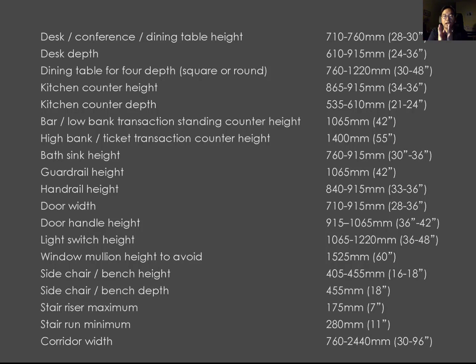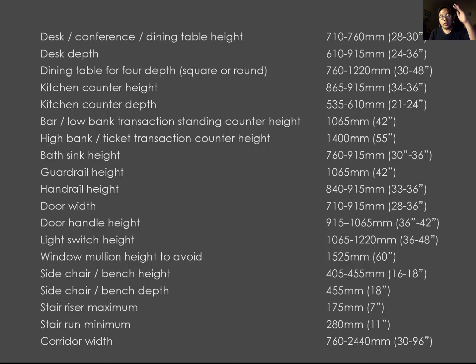These dimensions actually come from the anthropometric data and consideration of this clear space. For example, you can see the door width and door height. They come from the minimum clear height and minimum clear width. These data have to be adapted to designing your space. Once again, these data are from the human factor. It is anthropometric data, and you have to apply it to propose these dimensions for your